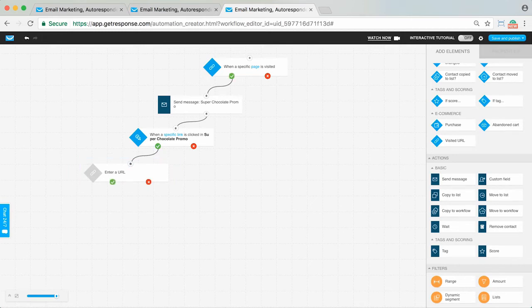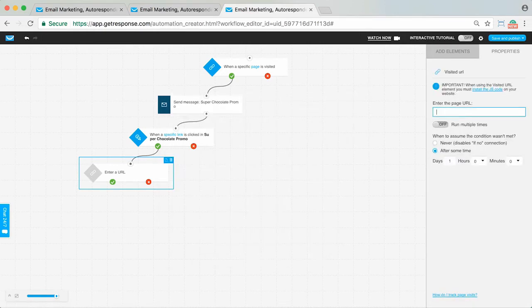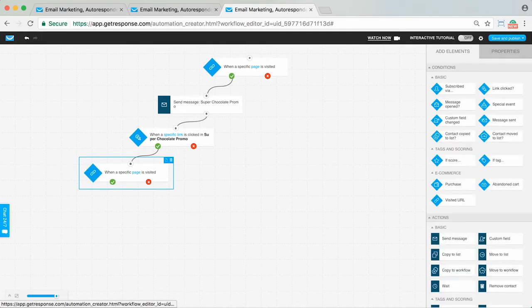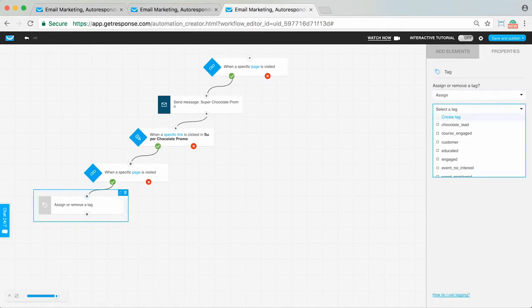And so I'm going to connect it that they did click the CTA in the promo message, but did they make it to the purchase page? Did they actually complete the purchase? So enter our post-purchase page URL here, just like that for this example. So if they did make it to the positive path, meaning they completed their purchase, I'm going to actually give them now a tag, meaning that we're going to call them a promo customer because they have purchased from us in this particular promo. So I just need to find my particular tag, promo customer,